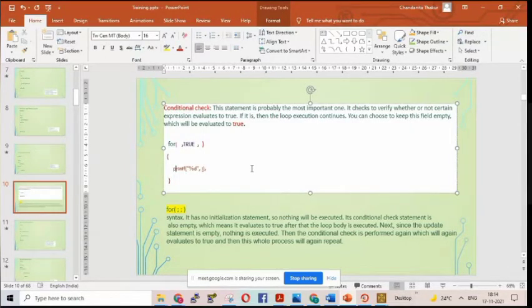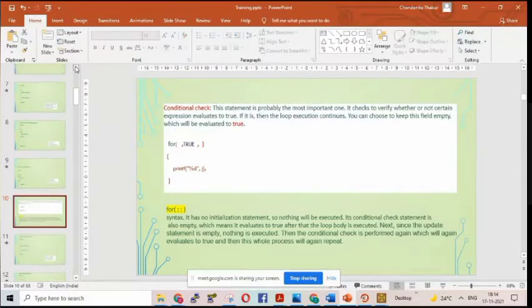Okay, so if the question is asked whether for semicolon is possible or not, the answer is yes, it will be an infinite loop. Why infinite loop? Because the for condition check will always be true if it is not specified. As it is not specified, it will remain true forever and keep on executing. Is it understandable? Yes, ma'am.